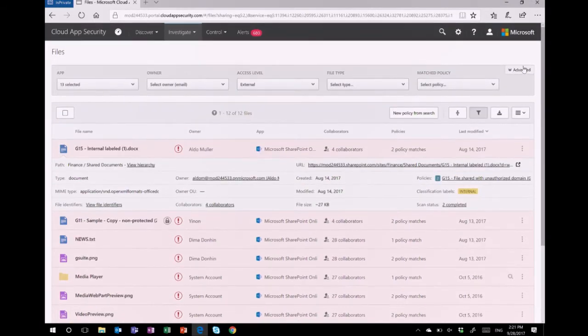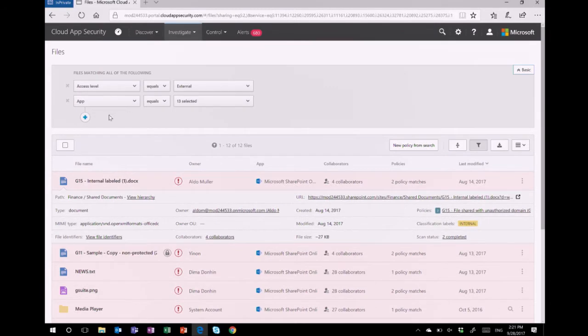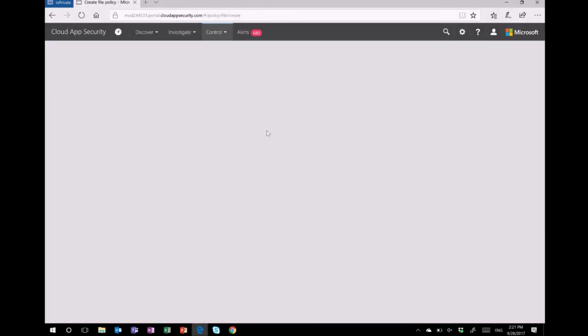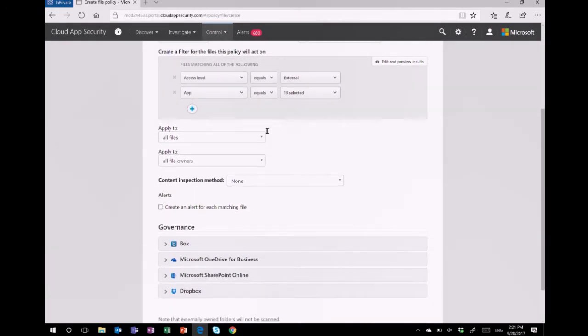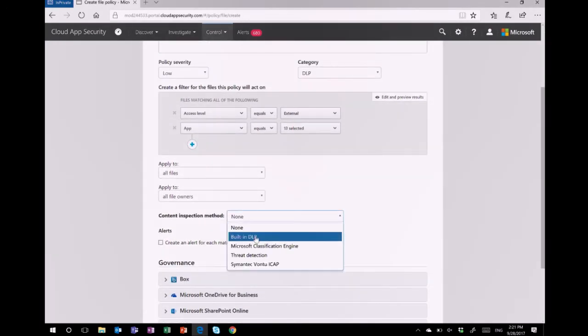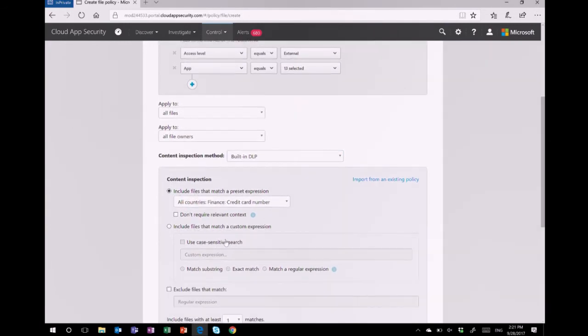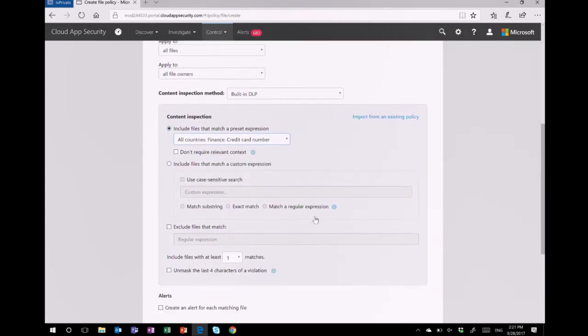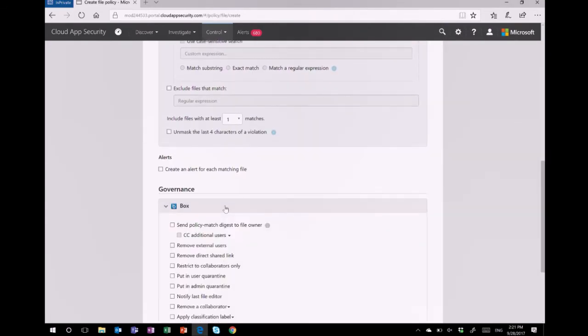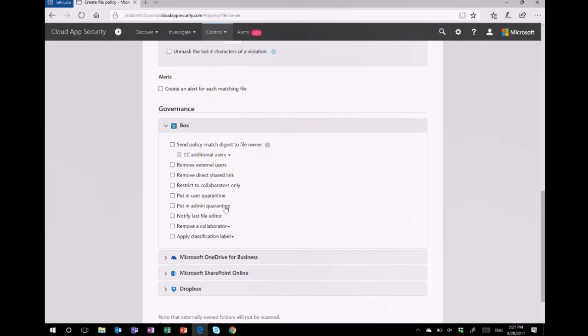So to do that, I just need to choose the right filters. So here I chose access level of external. And maybe the policy I want to do is to detect credit cards. So I'll click on New Policy, and I'll choose to use our built-in DLP. And I can either use a custom regular expression or one of the built-in data types, and choose what to do in that case. And one of the interesting things we just released this Ignite is the ability to automatically